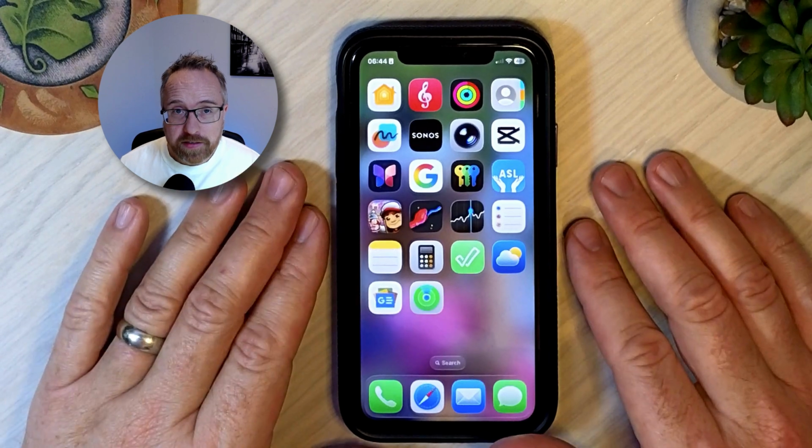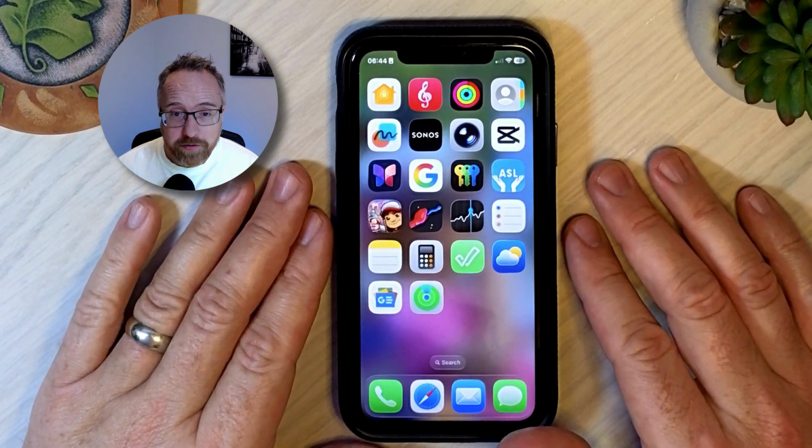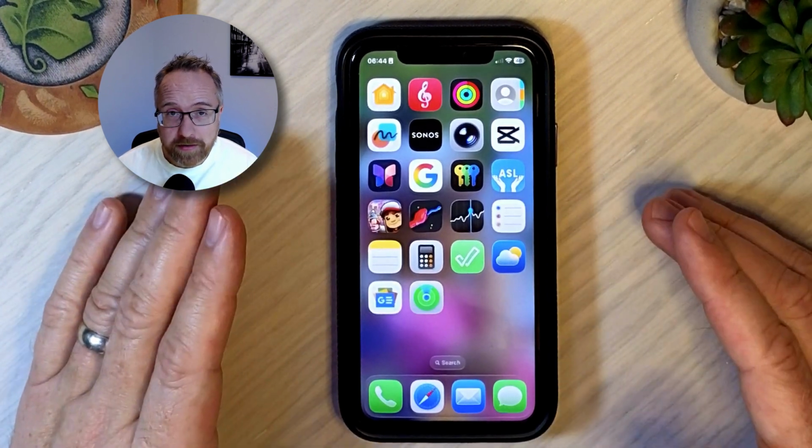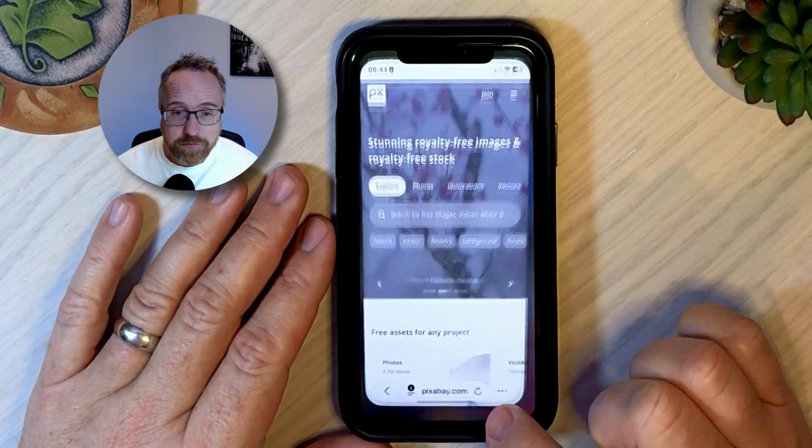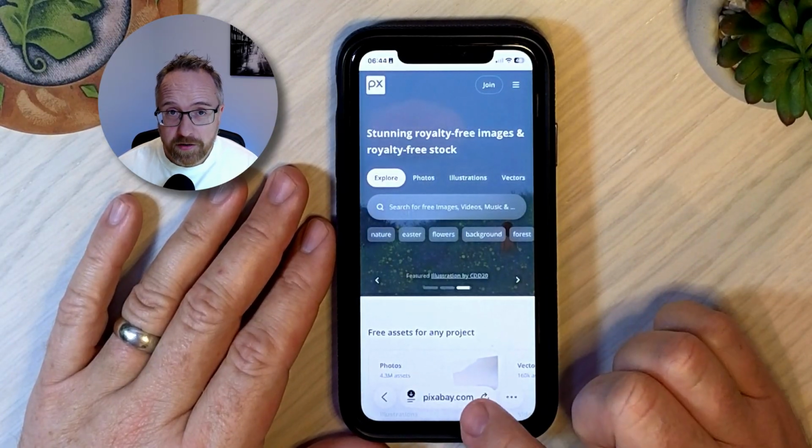This is how you can download illustrations from the internet to your iPhone. First, you've got to find a website to find illustrations on. Let's open Safari. I use pixabay.com,